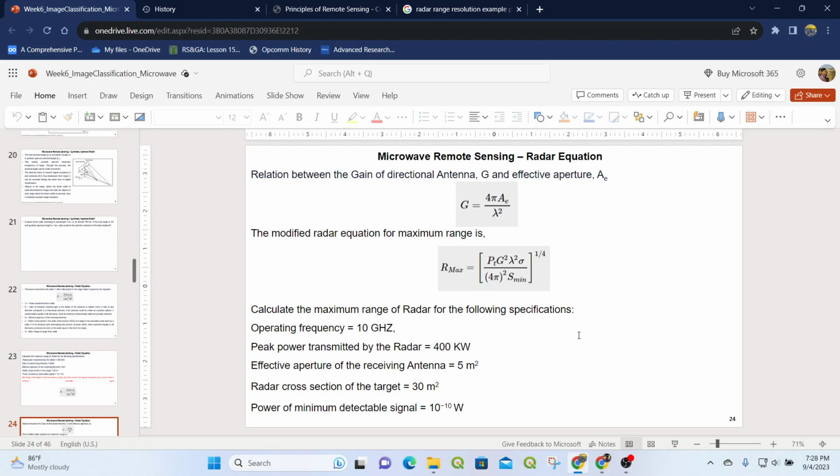So your frequency is 10 gigahertz. So peak power transmitted is 400 kilowatt, your effective aperture area is 5 meter square. Your radar cross section is 13 meter square, and minimum power detectable. And your maximum range that can be for the given radar is